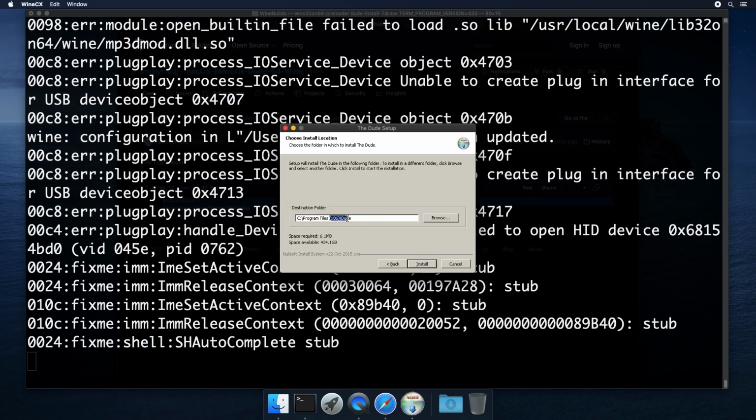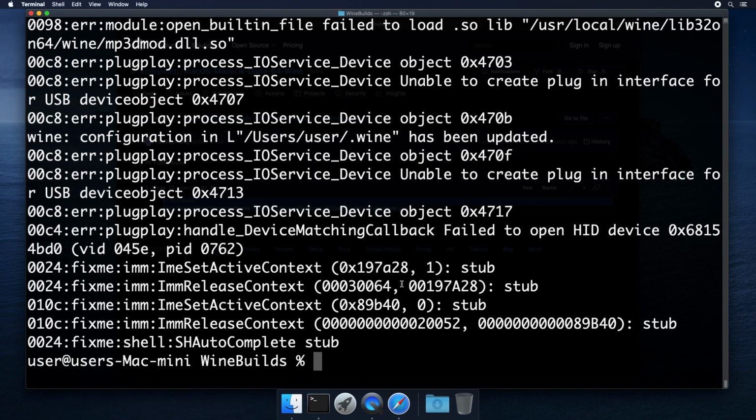So this is where I was talking about earlier. We need to pay attention to this. The correct thing is for it to be in x86 since it's a 32-bit application, but it really doesn't matter if this is missing. It'll still work. You might just have to edit the file path from earlier.